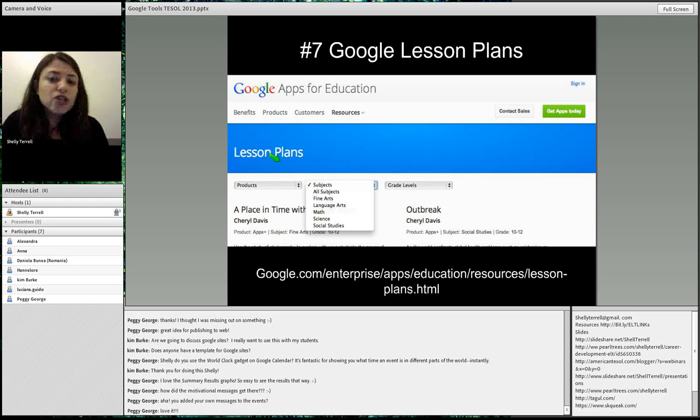So Google Lesson Plans gives you an option where you can not only go on there and find lesson plans, but it's a great way to figure out the rest of the apps, the hundreds of apps. You can look at what teachers have already created, and then it gives you a way to explore the app.